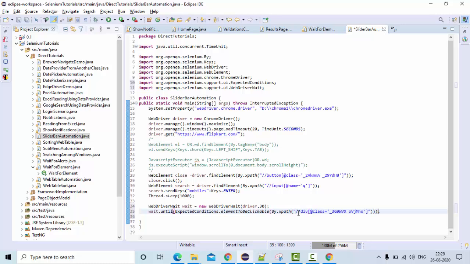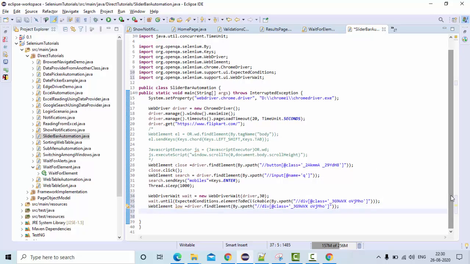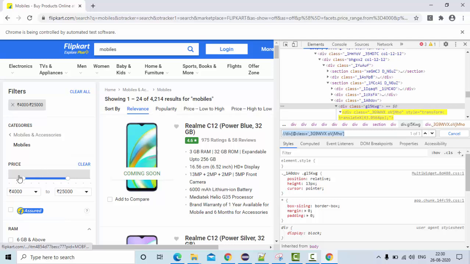Cool. Then WebElement, let's say, low, is nothing but driver dot findElement by XPath. Okay, I have this. I have the low.